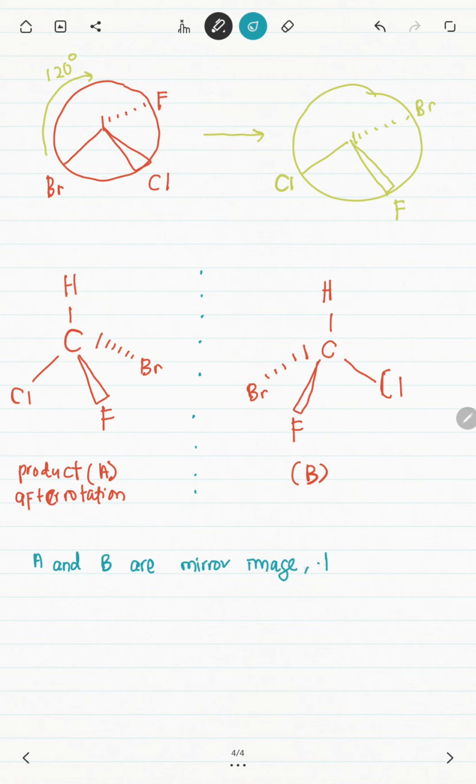At the same time, both structures also have a chiral carbon. So, we can make the conclusion A and B are a pair of enantiomers